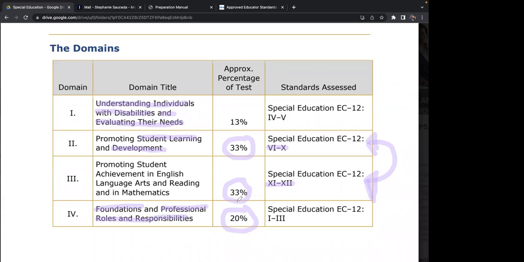But for instance, there's one in this manual, a practice question, and I believe it says that the English teacher says that he speaks Spanish. He's been here for a year. He can speak English when he's spoken to. He does speak well when he's spoken to, but he doesn't speak unless he's spoken to. And she thinks he needs social emotional support, and there might be something affecting him. But the correct answer was